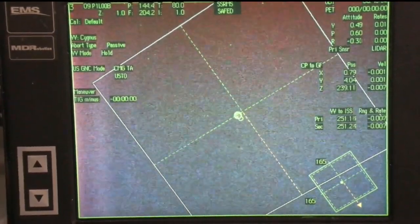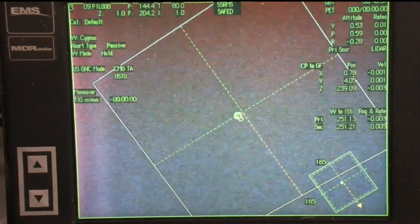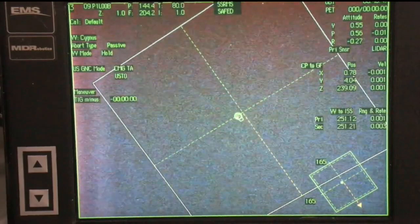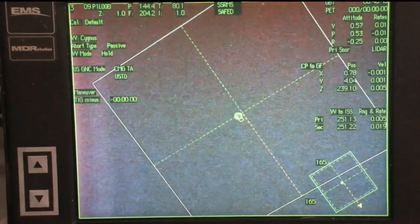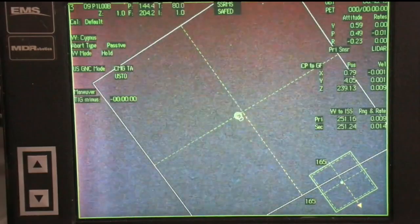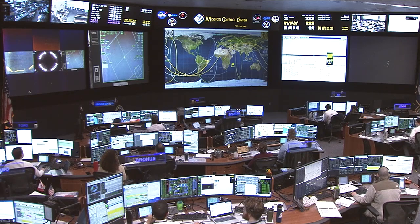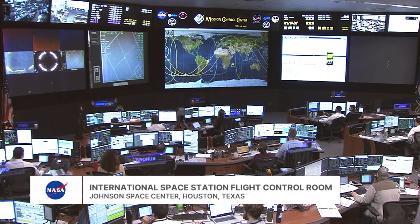The Cygnus cargo spacecraft is still in its 250-meter hold point. Just earlier, Mission Control polled that the space station is ready to receive the vehicle, but we are in joint operations today. Mission Control is working very closely with Cygnus's engineers in Dulles, Virginia, who are performing a number of vehicle checks, including its navigational equipment and the overall health of the vehicle. Approach to the station is a deliberate choreography,